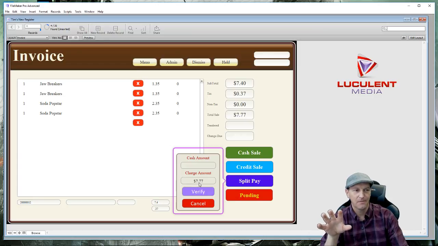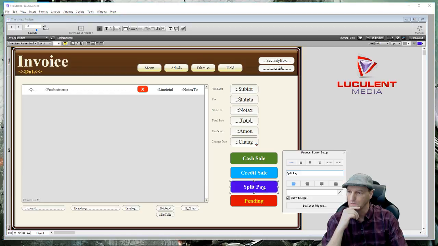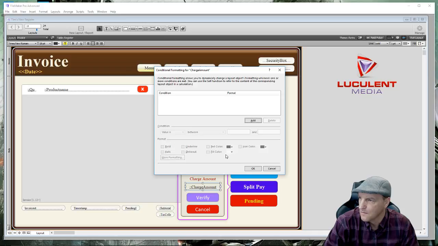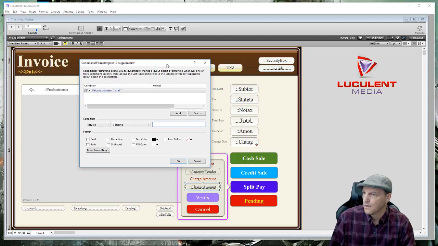Now you can hide the charged amount if you want to. You can say, if this amount is equal to this amount, then be white. I can show you how to do it. As a matter of fact, let's just do it. Script conditional formatting. So you can say if the value is between, if the value is equal to the total sale,